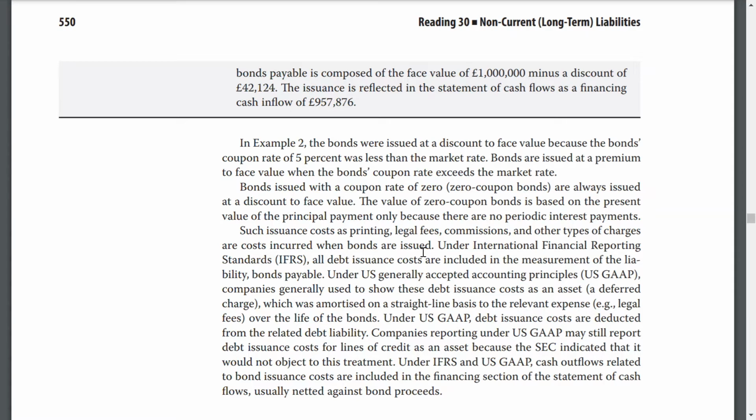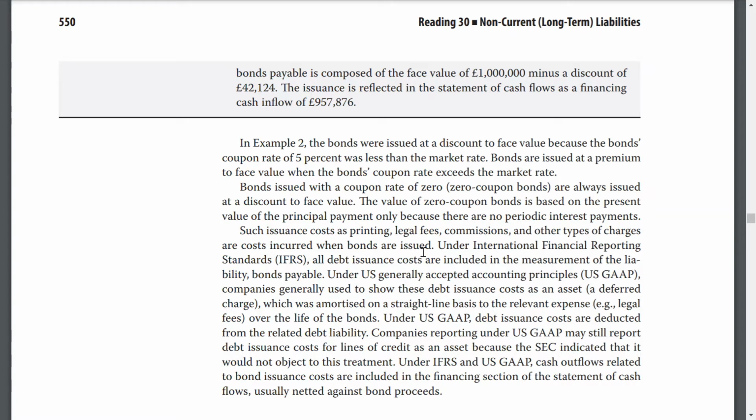Bonds are issued at a premium to face value when the bond's coupon rate exceeds the market rate. Bonds issued with a coupon rate of 0 are always issued at a discount to face value. The value of 0 coupon bonds is based on the present value of the principal payment only because there are